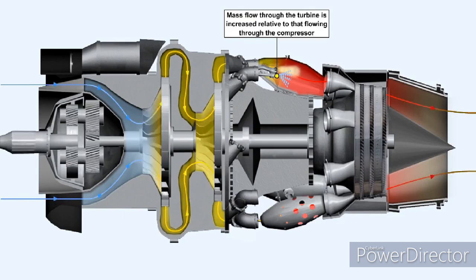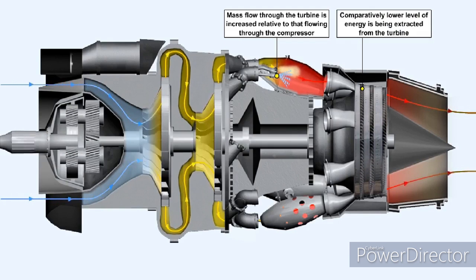As we stated earlier, injection of water into the combustion chamber increases the mass flow through the turbine relative to that through the compressor. Because a comparatively lower level of energy is being extracted from the turbine, even though there is an increased mass flow through it,